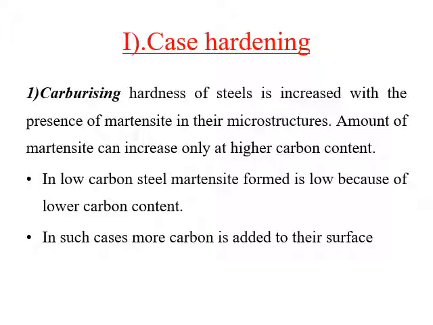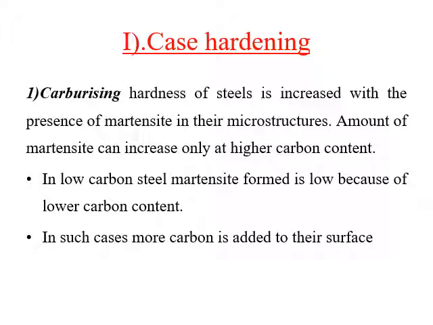In the chemical methods, we have a few. In that, the first one is carburizing. As the name itself indicates, carbo means carbon. The carbon is diffused into the surface of the steel, where the surface of the steel gets hardened due to the increase in carbon content, and this increase in the carbon content in turn will increase the proneness to form martensite. When we quench the surface, it will be faster to form martensite. That is what we said in hardenability.